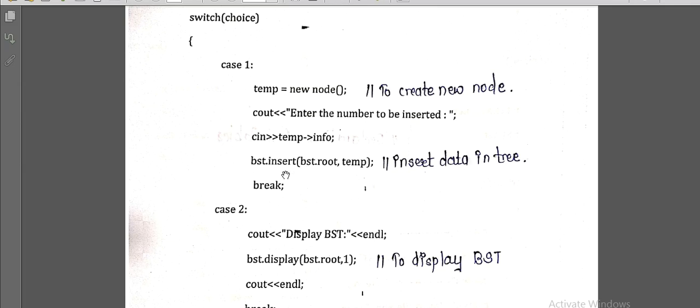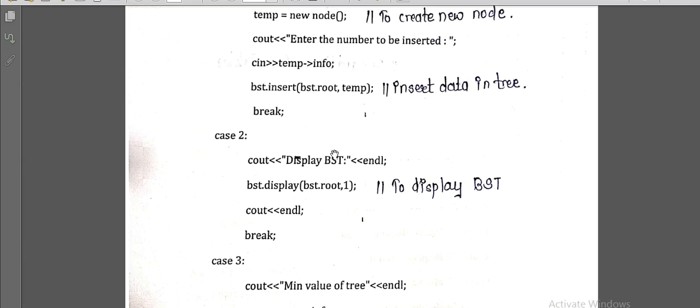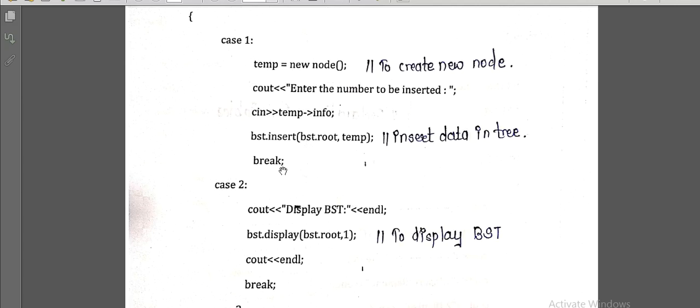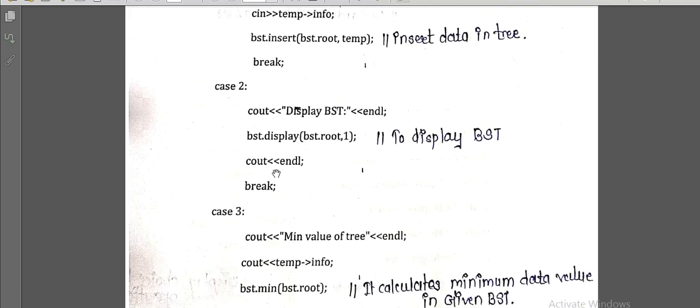We are going to see the functionalities of every function afterwards, but we'll first finish with the switch cases, and then we'll move toward each and every function. Once we have done the execution, we have to break this case, so that again the main menu will get displayed, because it is running in the switch case, right?